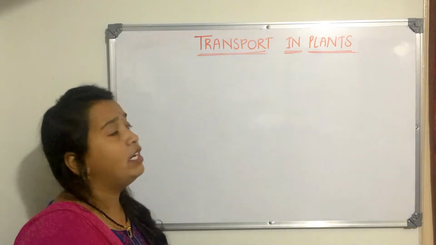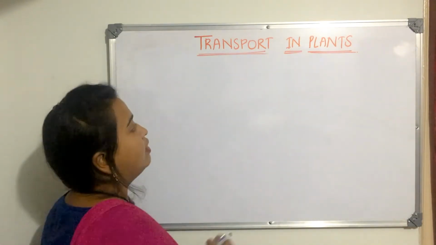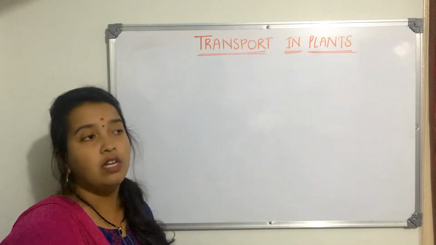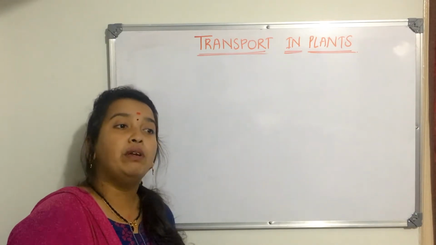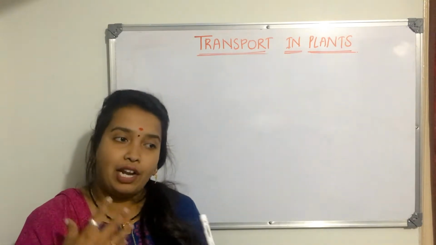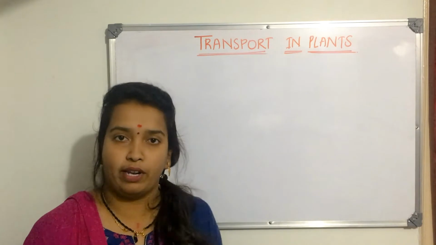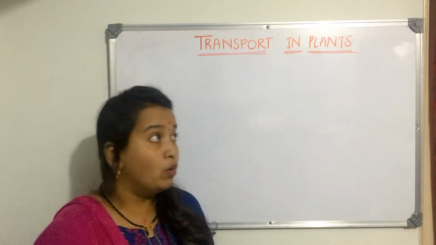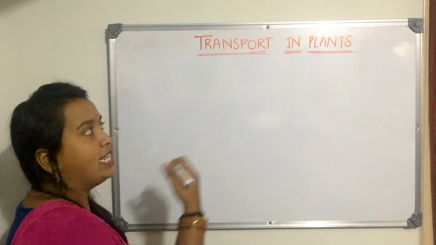First of all, we need to understand what things are to be transported in plants. Plants are also living organisms, and they also should survive. Whatever they require for their survival needs to be transported. In human beings and other animals, we have a circulatory system, which circulates everything that the body or any part of the body requires. But what about plants? They do not have any circulatory system. Then how are things getting transported? That we are going to study in this chapter.